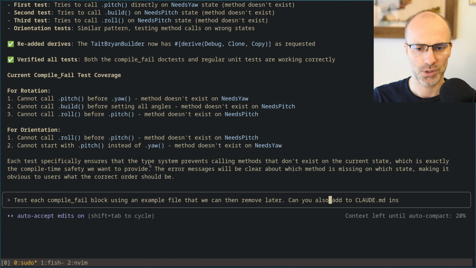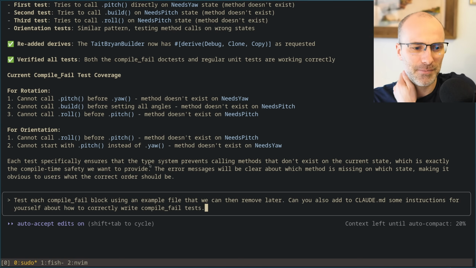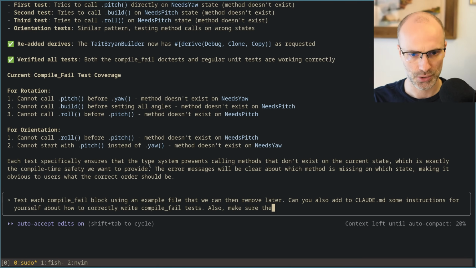Can you also add to Claude some instructions for yourself about how to correctly write compile fail tests? Oh, we're getting up towards the end of the compact window. Also, make sure the derives for the builder actually work with some tests.